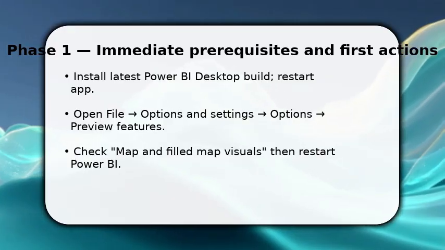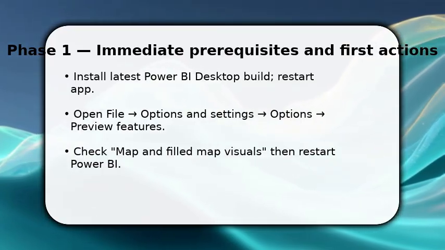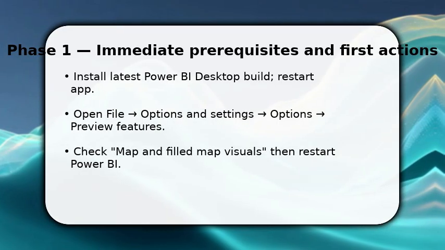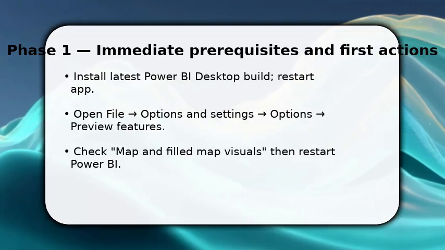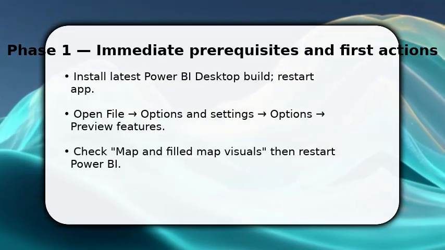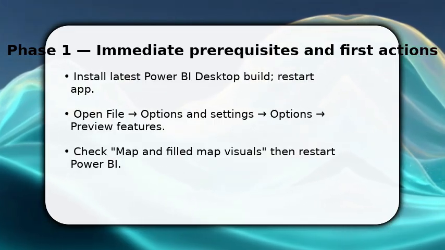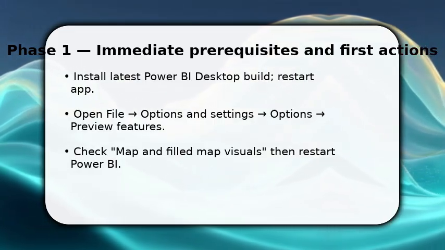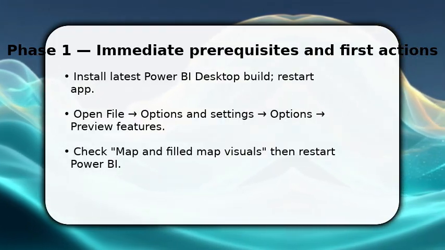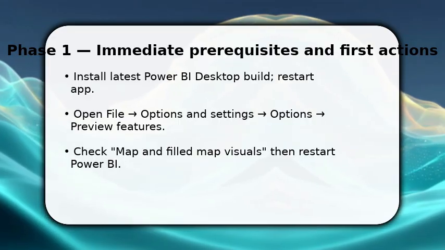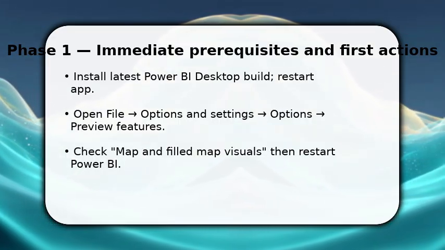You begin by making sure Power BI Desktop is current. Updates include the map fixes you need. Once updated, open File > Options and Settings > Options and go to Preview Features. Enable the Map and Filled Map Visuals checkbox that turns on the finished visual code. After enabling, restart Power BI Desktop so the feature fully loads. Doing this first avoids chasing phantom errors and ensures the client supports the new visual pipeline before you change other